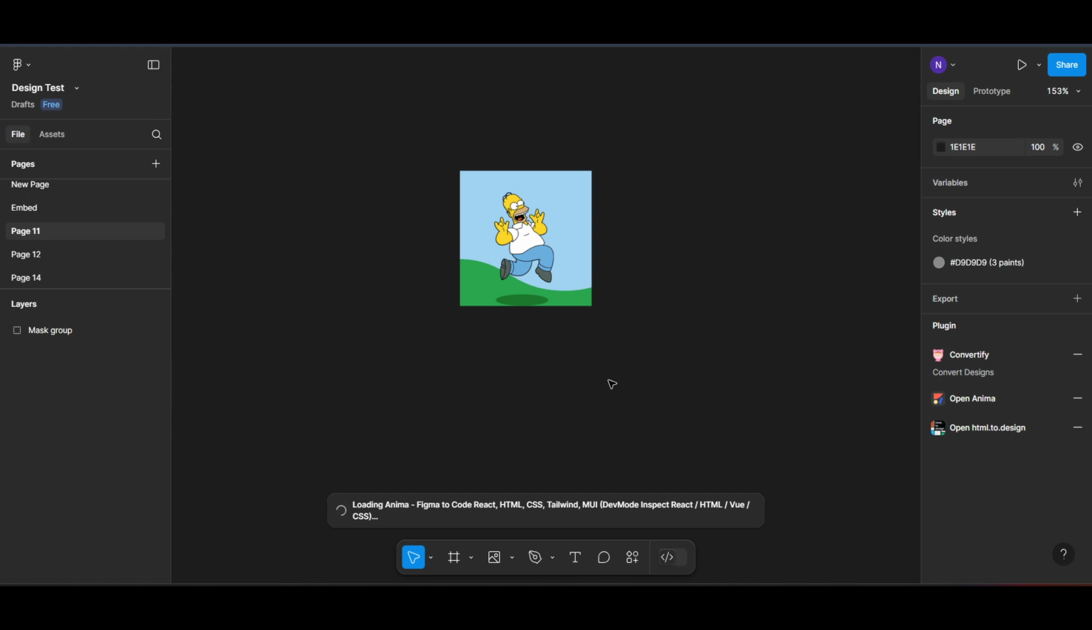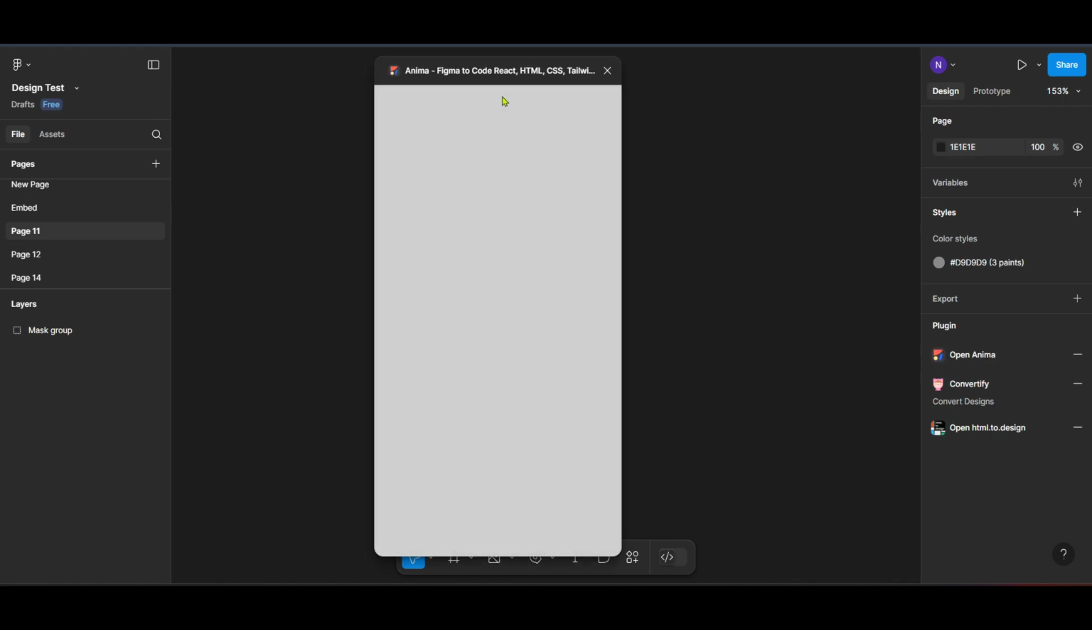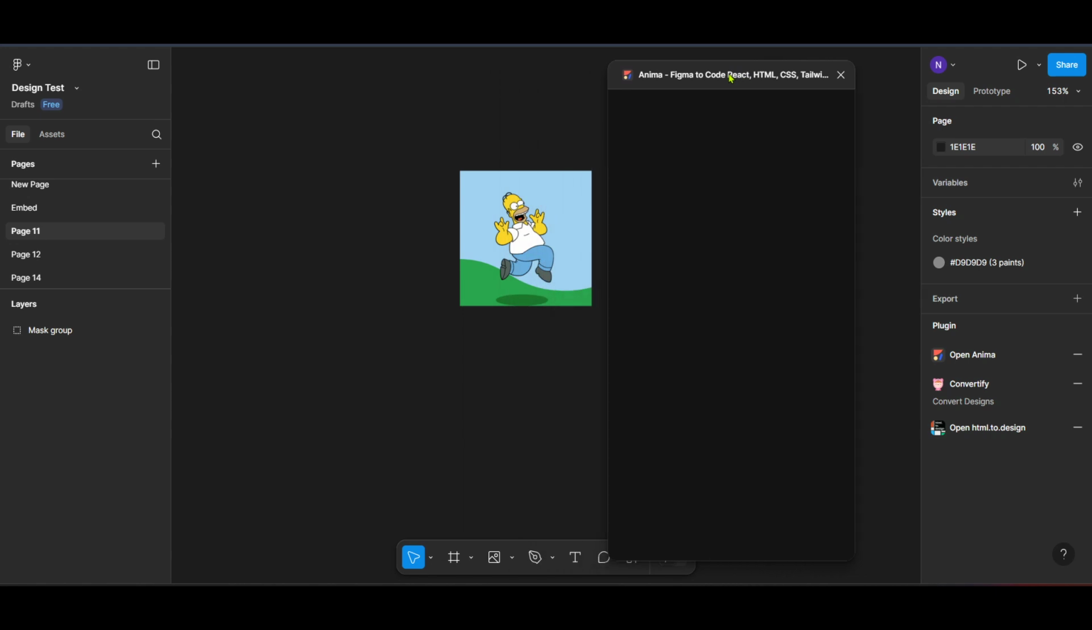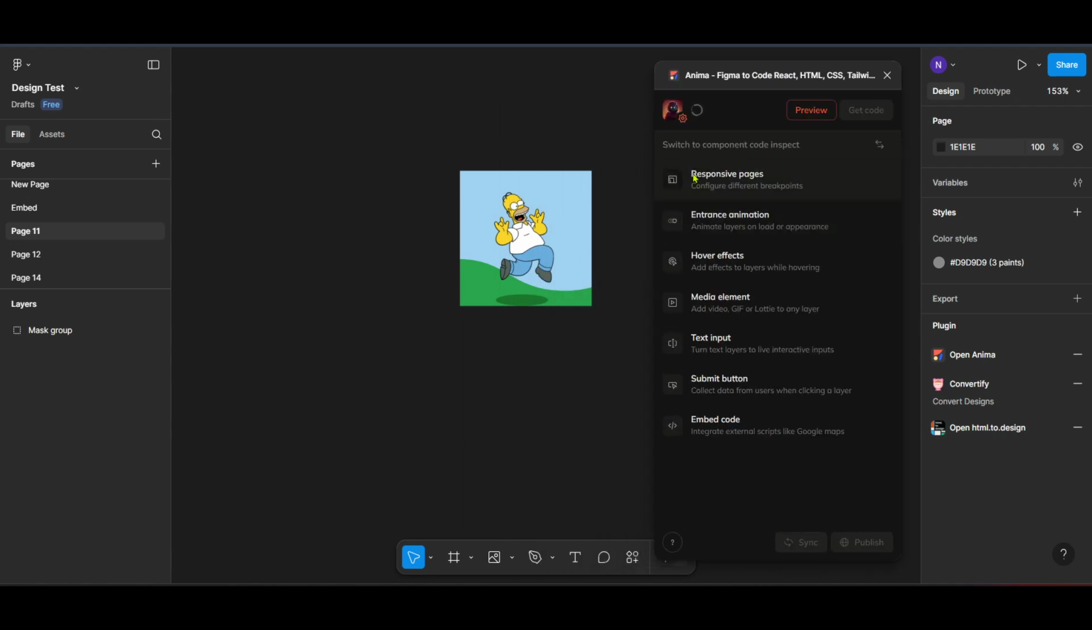Once you locate Anima, go ahead and install it. Installation is typically quick and straightforward, just like installing an app on your browser. And just like that, you're set to transform your Figma design file into code. With Anima now at your disposal, converting your intricate and beautiful designs into workable, developer-friendly code is as easy as